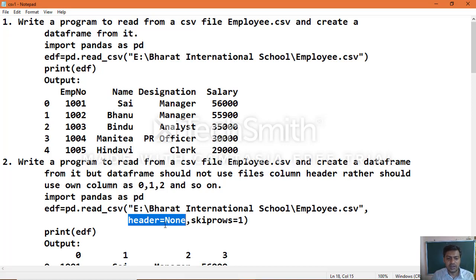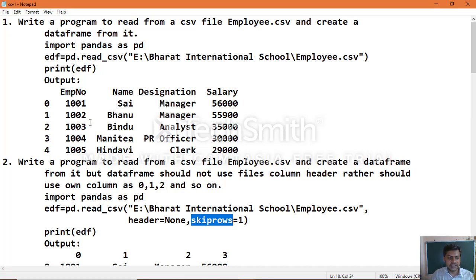And if you want to skip the column headings, that is the top row of the CSV file, then you can use the argument skiprows equal to 1, n value is here 1.